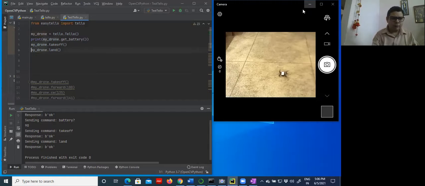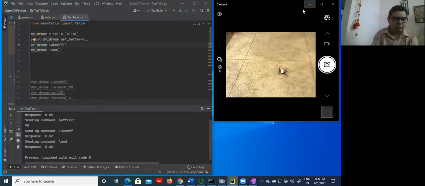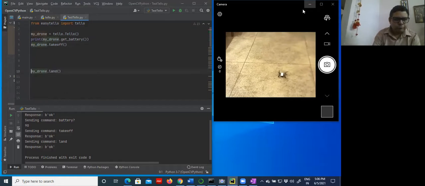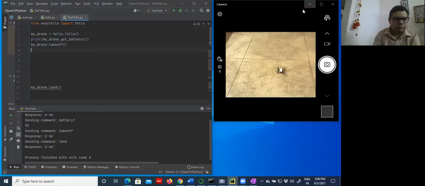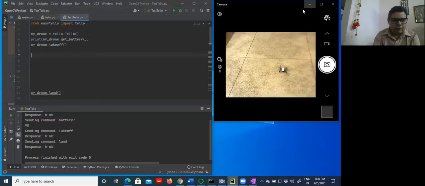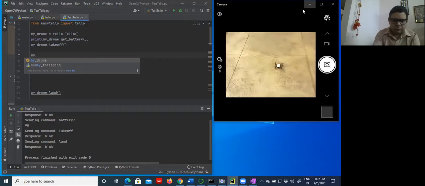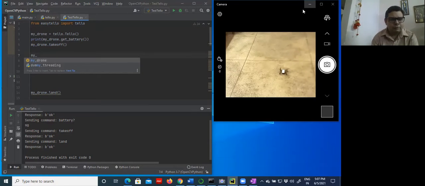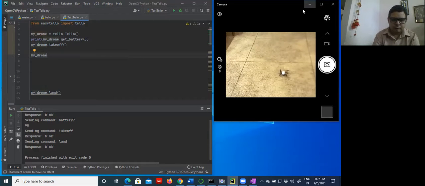Now your drone has already taken off. Before landing this drone, what I will do, I will start with my drone. Suppose that after taking off, this drone will move forward for 100 centimeters.